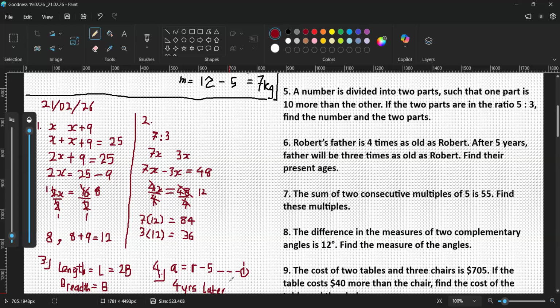Should we start by representing a letter? We should do the same way we did for that one, right? Yeah, with the ratio. 5x, 3x, right? Minus 3x. Yes. No, but this one didn't say difference. So